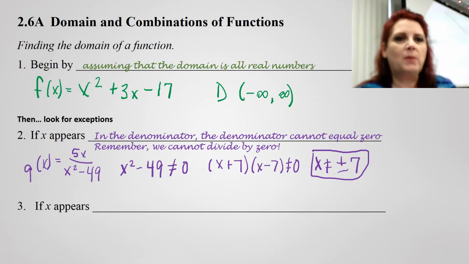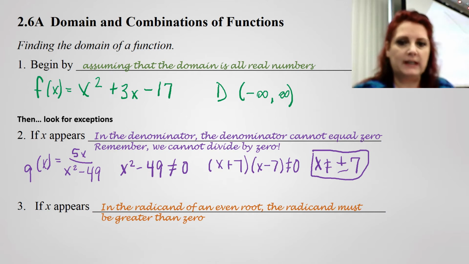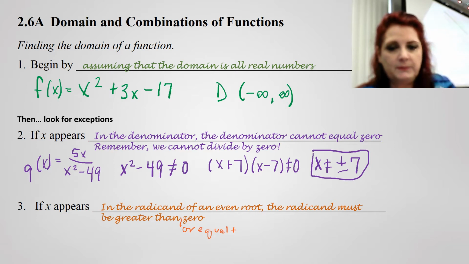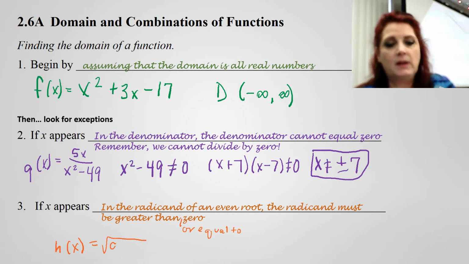And then the other exception that we're going to look at is going to be in the radical. If we have a radical that has an even root, like 2, 4, 6, that radicand, the numbers underneath the radical sign, cannot be a negative number. So they must be greater than or equal to, and I didn't put that part on these, greater than or equal to. So if I have a function that says the square root of 9x minus 27,